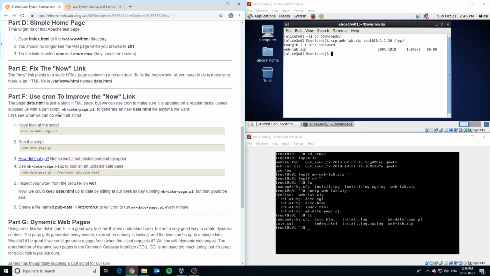We can move on to part D, which is just making a simple home page. It says copy the index.html page into var www.html directory. Okay, so this is what you learned in the fundamentals of Unix course. This is something that is very basic. You're just basically going to say cp for copy. I'm going to say index.html, and we're going to put that into